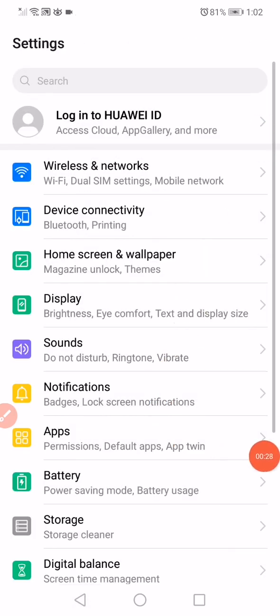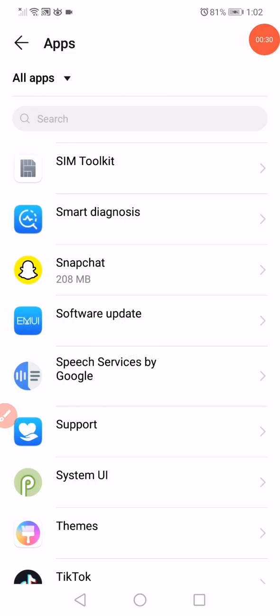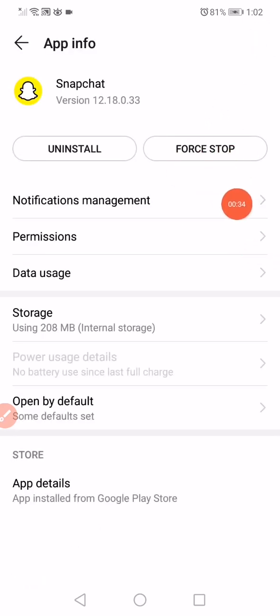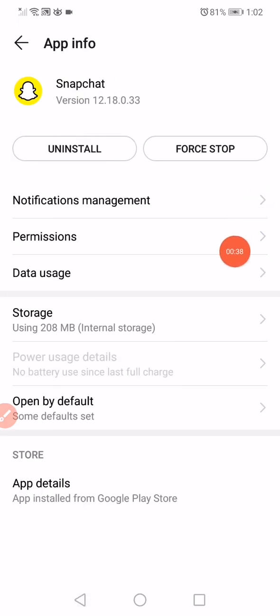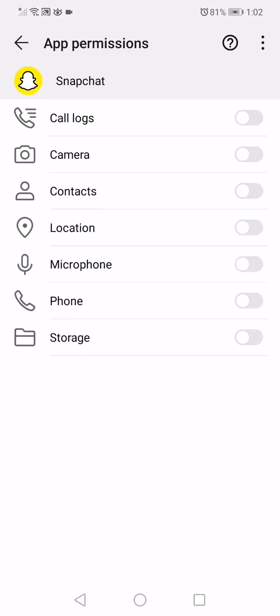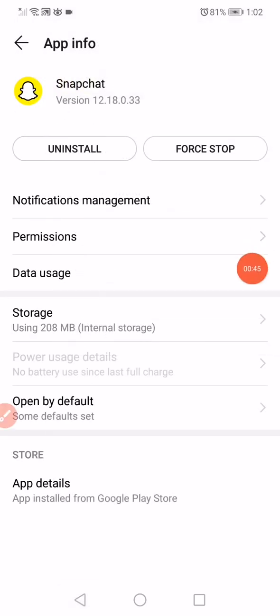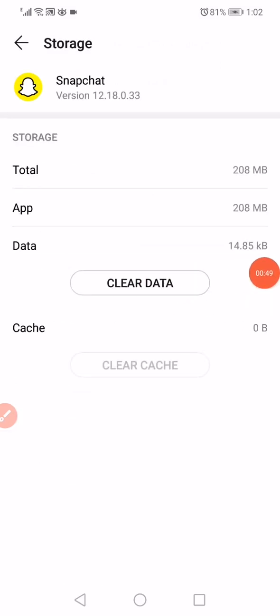Go back and then open the apps manager like this and go to the Snapchat, click on force stop and then click on notifications, disable all notifications, and then go back, click on permissions, make sure to enable all the permissions and then go back again, and now click on the storage, click on clear data, click on delete,